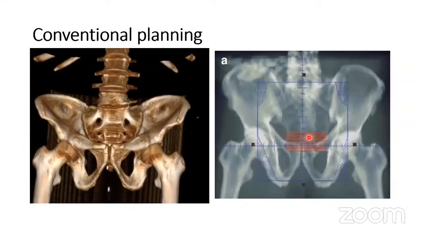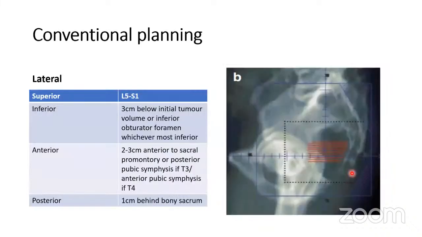And this is again the simulation picture which shows the upper corner shields and then the lower corner shields. And coming on to the lateral field. Lateral field, again, the superior border remains the same as L5S1 and the inferior border remains the same as 3 centimeters below the growth. And the anterior border, this is the pubic symphysis, you can see it's